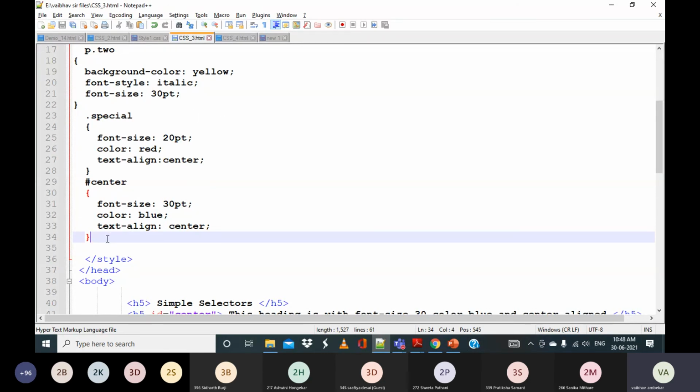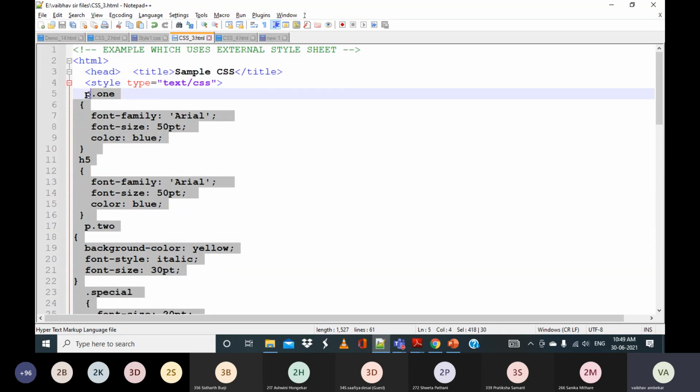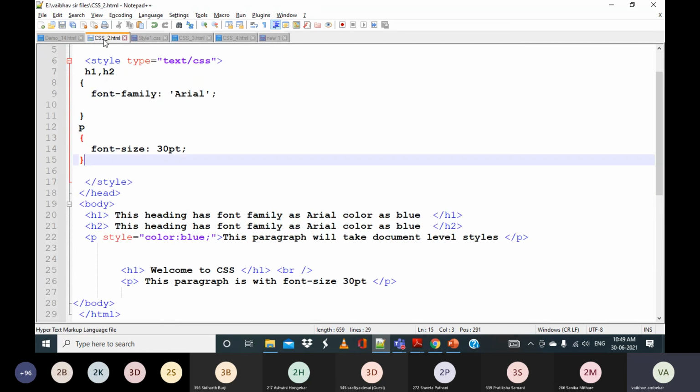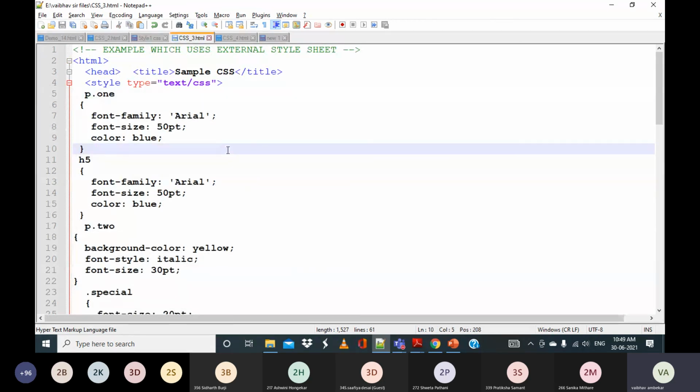For example, what you have made, you can take all this and put it in the CSS file. Like that also you can use the different selectors. It is not mandatory that class selectors and the different types of selectors have to be at the document level. No, they can be used at the external level as well.